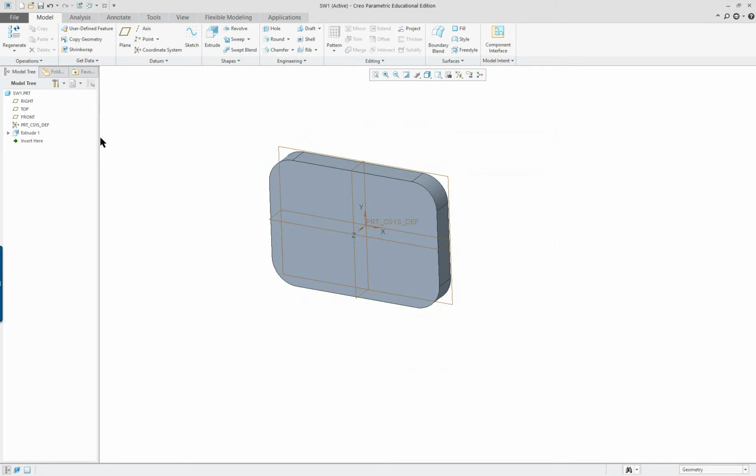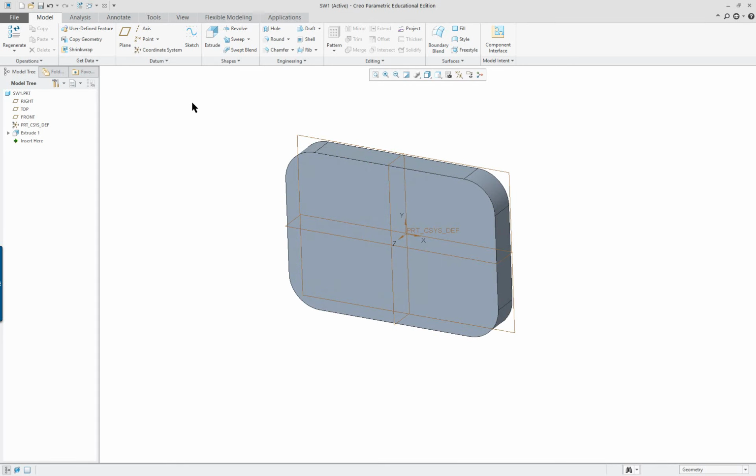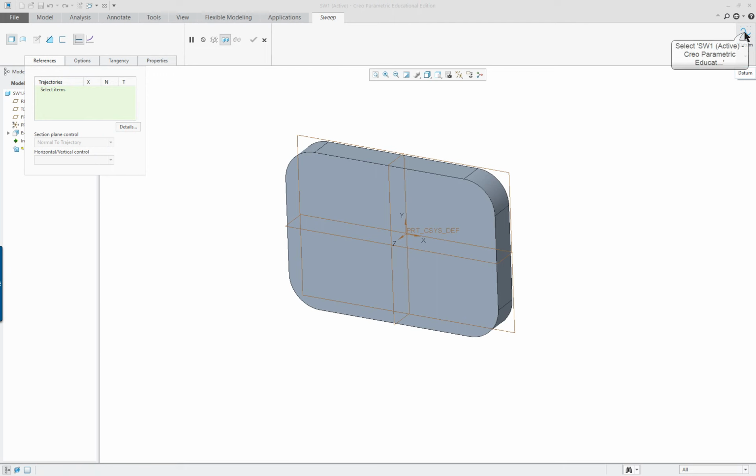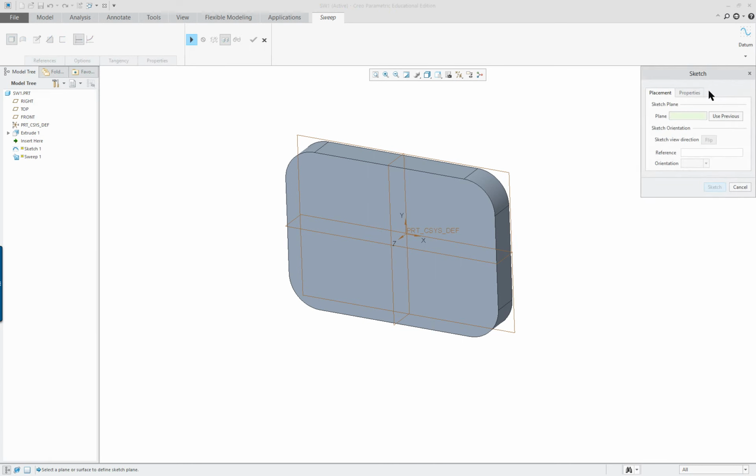All right, so the next one we're going to do is we're going to get a sweep feature that requires a trajectory and a sketch of the section. So 2 sections basically. So the shapes, we have blend, we have swept blend combination, and here we have sweep. We're just going to do the simple sweep. And references to take a look is we're looking for a trajectory. So to make the trajectory, we're going to go up and select the datum features here, construction, and we're going to pick sketch. And we're going to select the right datum plane to sketch on